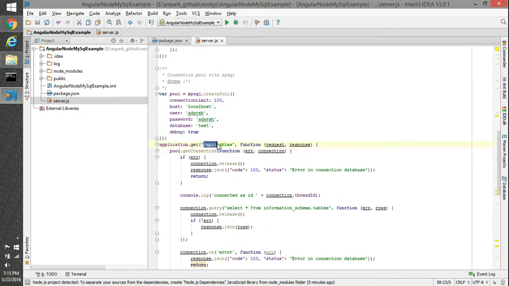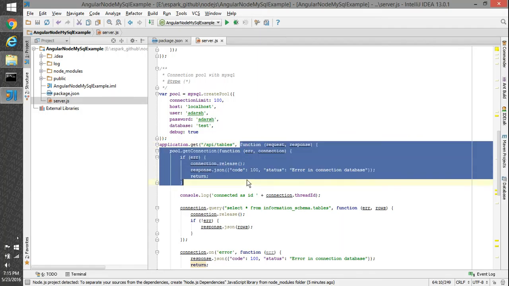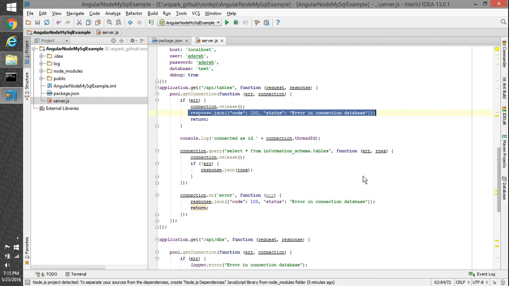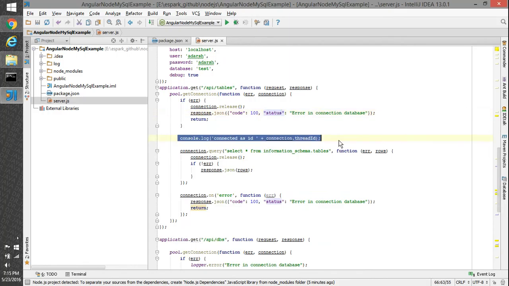This API is also a get API with the slash API slash tables, and we have passed the callback function. So in the callback function, we are saying pool.getConnection. If an error is there, it's gonna release the connection. If an error is there, it will respond with status code 100, and the status message will be error in connecting the database. Otherwise, what it's gonna do, it's gonna